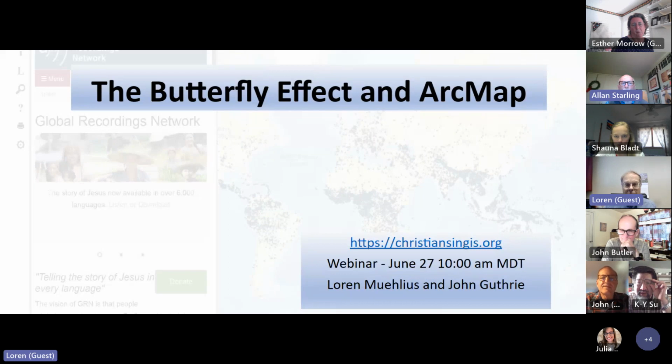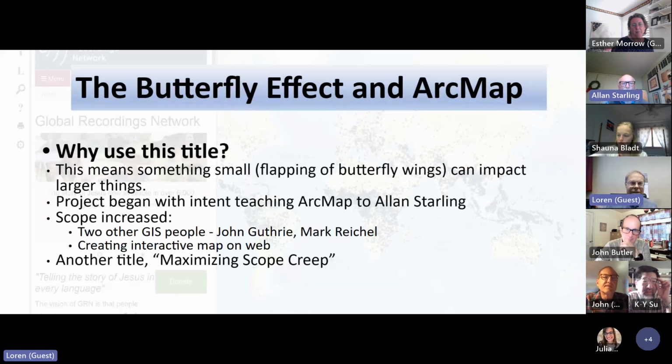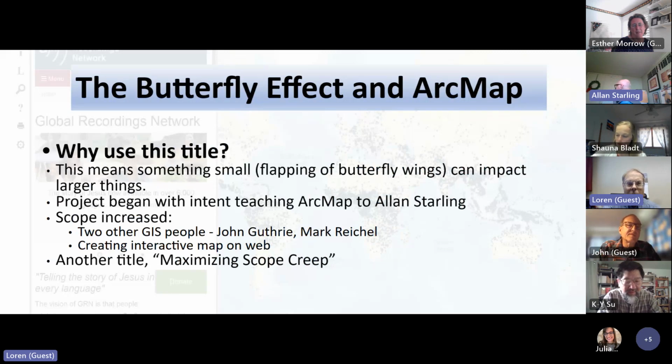Butterfly effect and ArcMap. And this is a weird title, I agree. I just wanted something that was catchy. But what it actually means is that something small, like the flapping of butterfly wings, can impact larger things. I think where I found this on the internet, basically the flapping of a butterfly can cause winds in a different direction. And how that applies to what we're talking about today: this project began with just the intent of